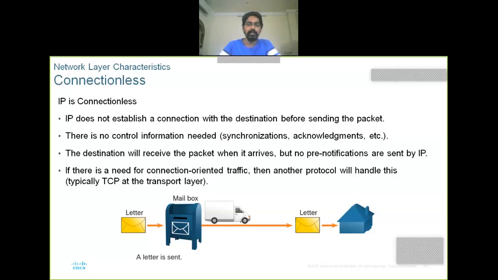Consider that figure. Suppose someone wants to send a letter to some person, so he simply writes the destination address and throws it in the mailbox. What is the duty of the mailbox employees? They simply take all the letters and, according to the address, they transfer the letter. The same thing happens in IP networks, right? Whatever IP header is attached to the packet, using that IP address, that packet is transferred over the network. That's why IP is called connectionless, right?